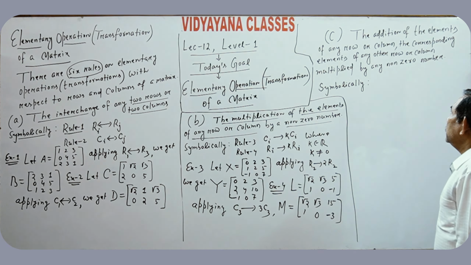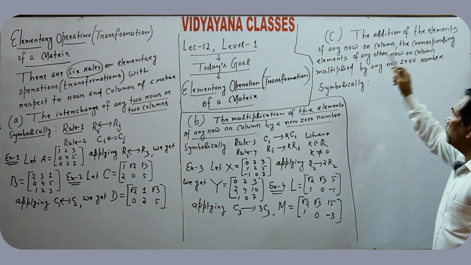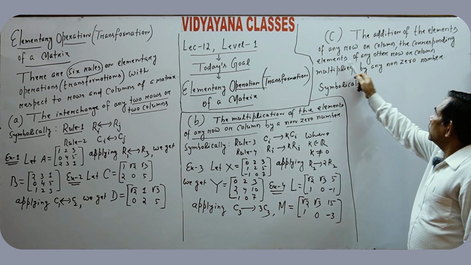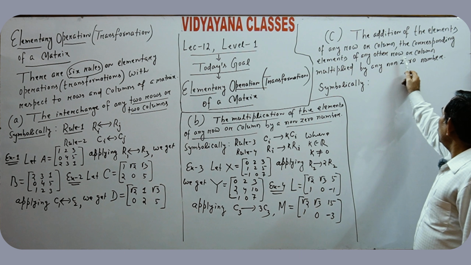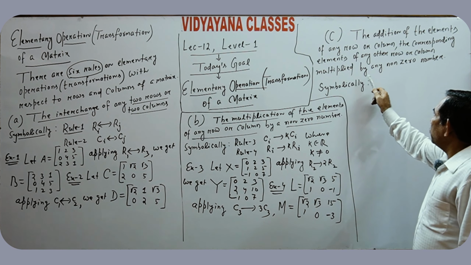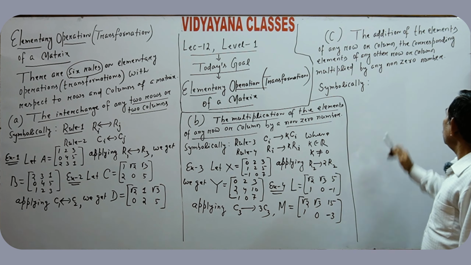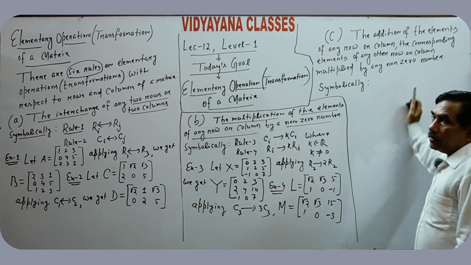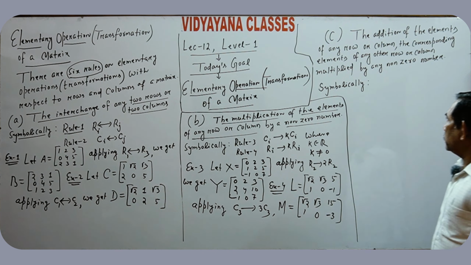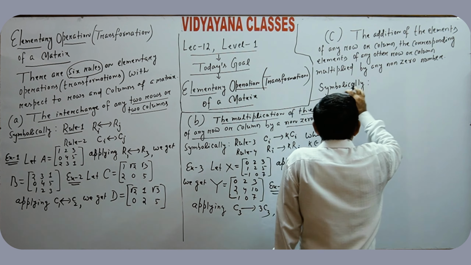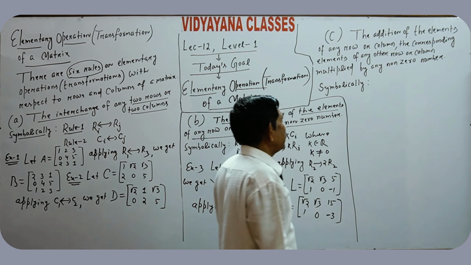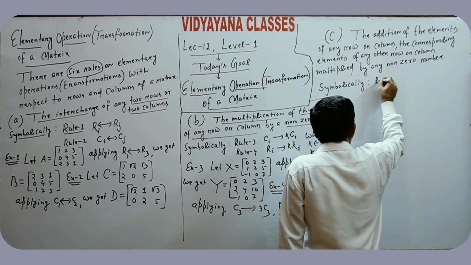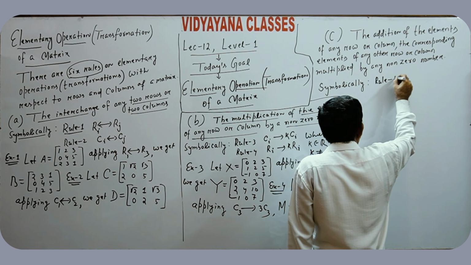Next, see the addition of the elements of any row or column. The corresponding elements of any other row or column multiplied by any non-zero number. Non-zero number means any real number not equal to 0. Symbolically it is written as rule 5,